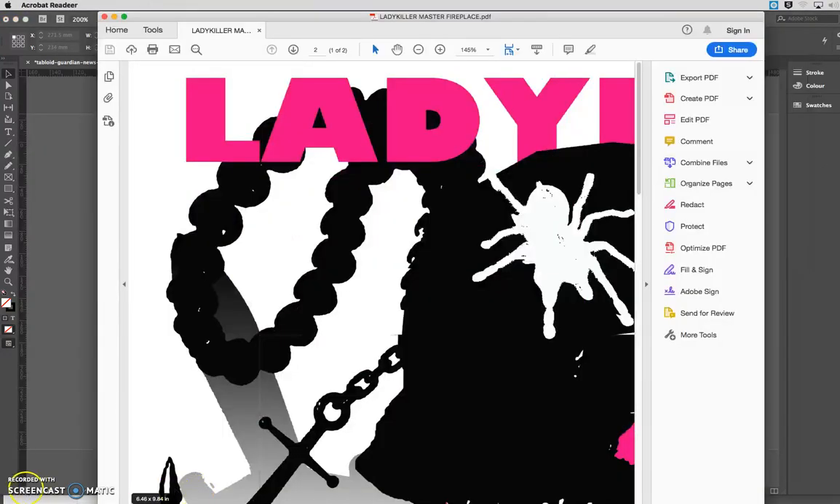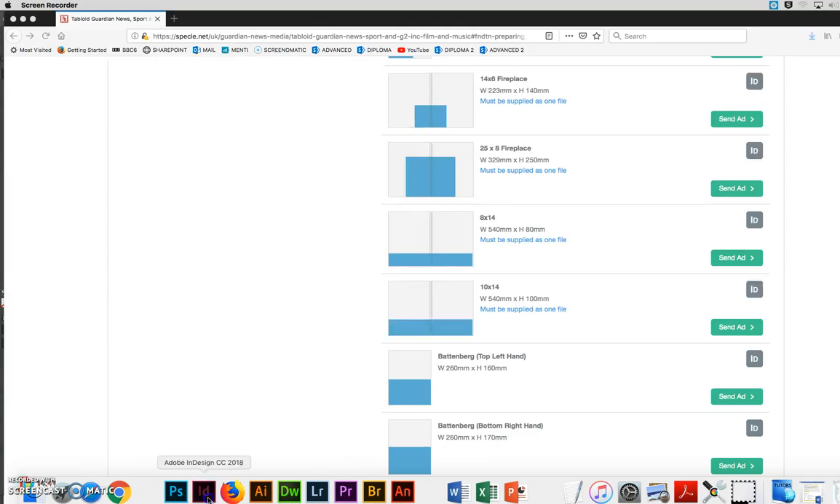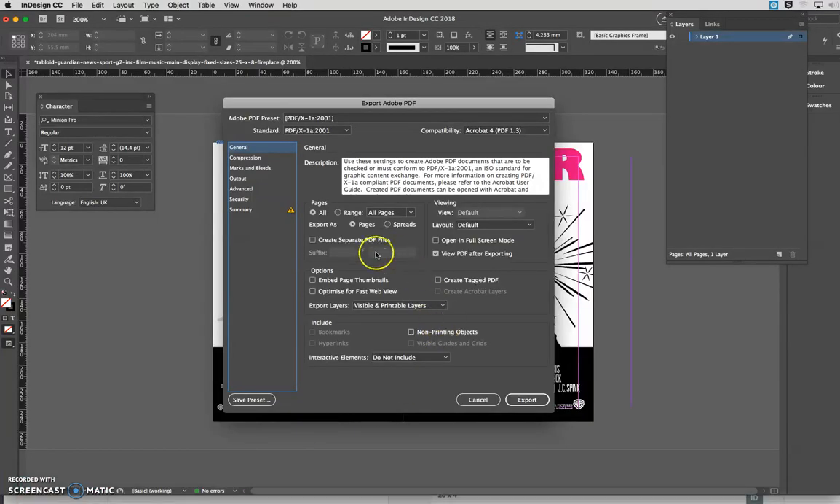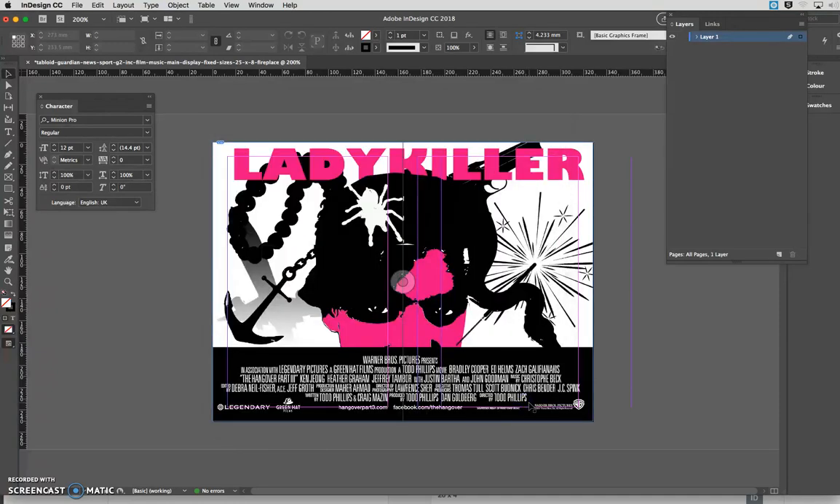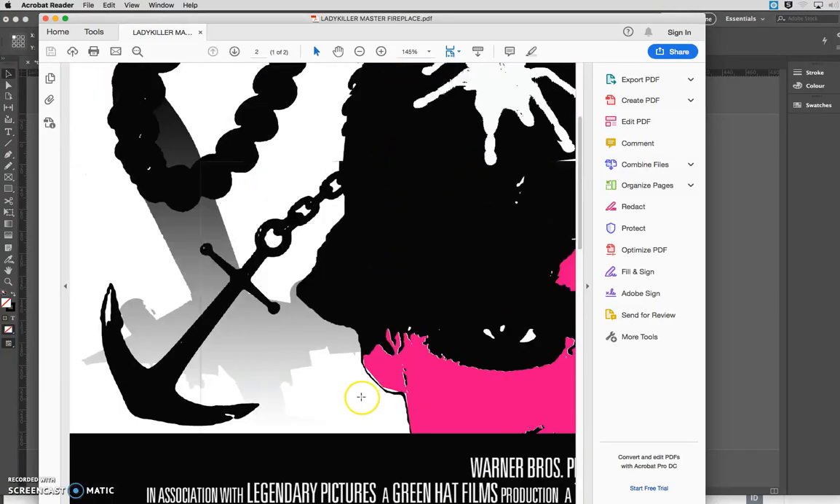And that's it. You can check how you need to supply your PDF. And once you've done that, you need to decide whether it's pages or spreads. Spread will put it on one double page, and pages will separate like this. So you've got 2 pages here. Spread will put them together. You might